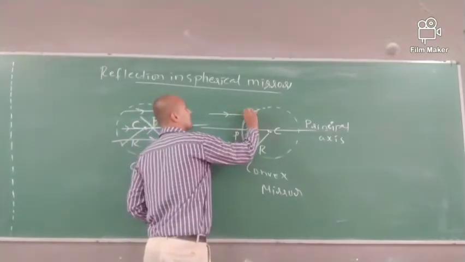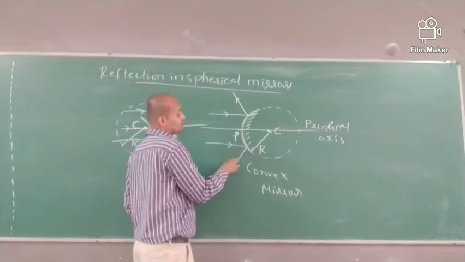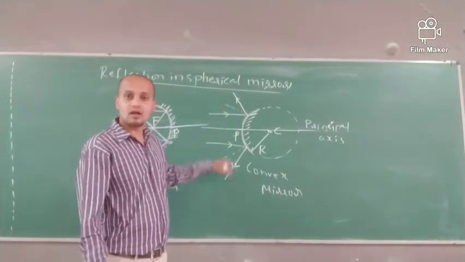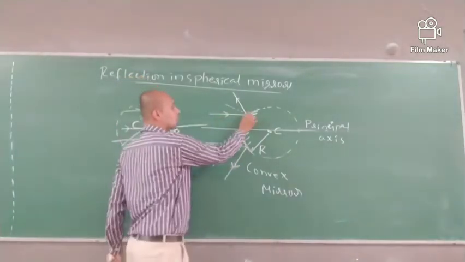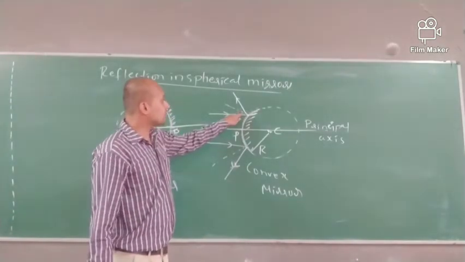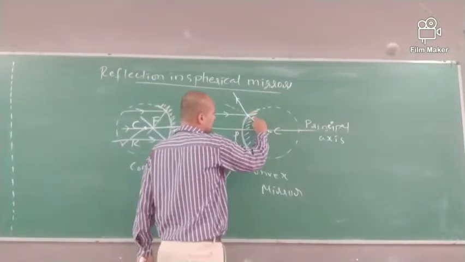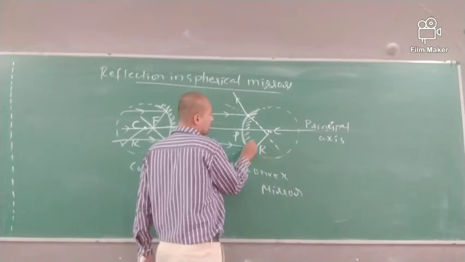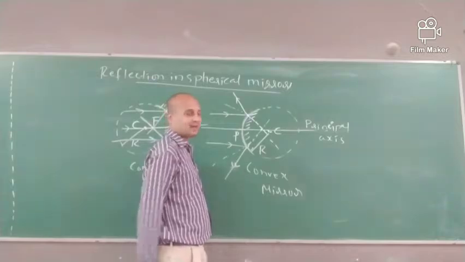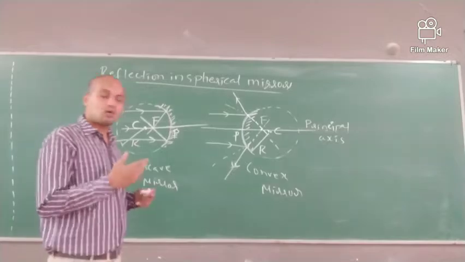Same thing here, but obviously the rays will reflect outside. Why does it reflect outside? If you draw a normal line at the point where the incident ray falls, it will obey the laws of reflection. If I extend the reflected lines backward, both lines are going to meet at a point on the principal axis. This point we again call the focus. These are some of the terms; still many more terms are there.